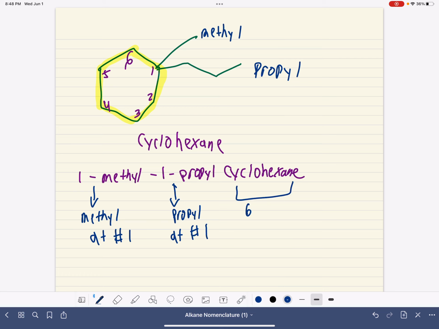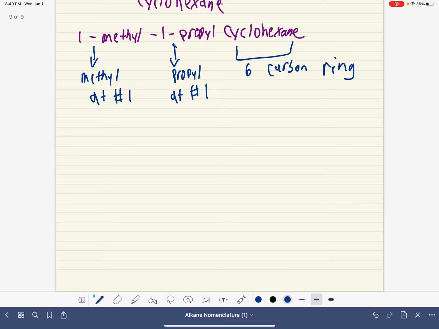And this is telling us it's a 6-carbon, but not chain, a 6-carbon ring, because we have the cyclo here, which would indicate that it's a ring and not just a straight chain. So that's the only difference when you see this ring kind of structure, a cyclic structure. There's no major difference. You just have to add the prefix of cyclo to indicate it's a ring. And depending on where the substituents are, let's say I had a substituent coming off of here, that's when the numbering would matter. So just as an arbitrary example here, to demonstrate this concept,